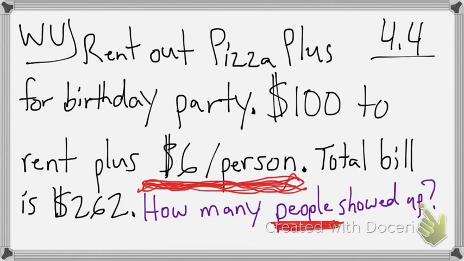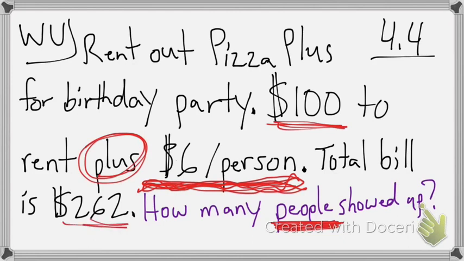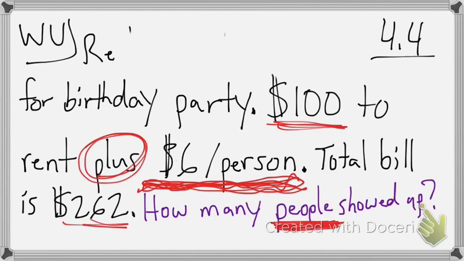And then remember, it's plus $100, the flat amount to rent it. So it's $100 plus 6x. And then the total bill is $262. So our equation, and it might look a little different for you, is 100 plus 6x